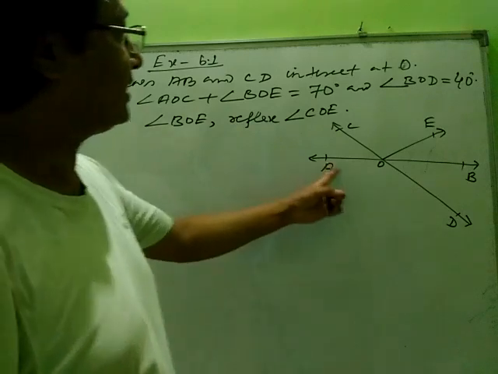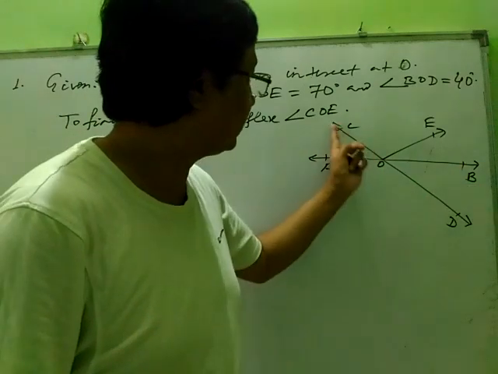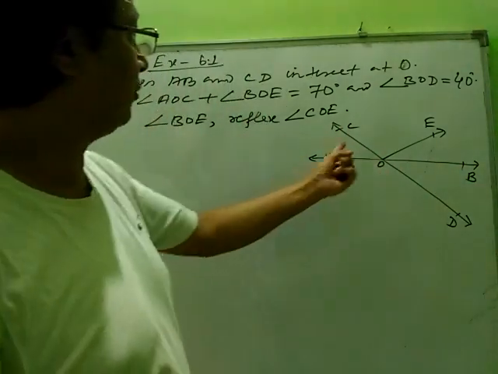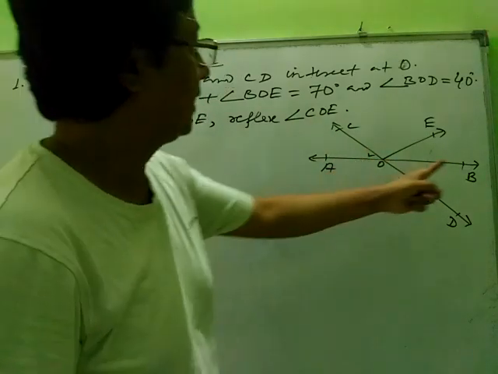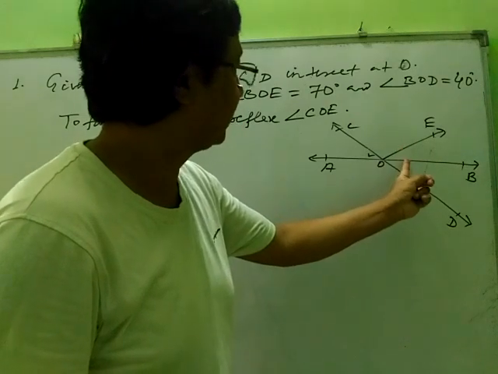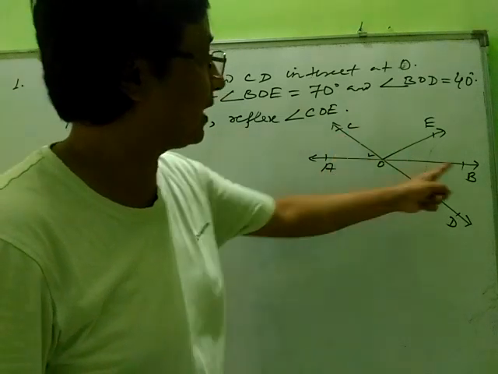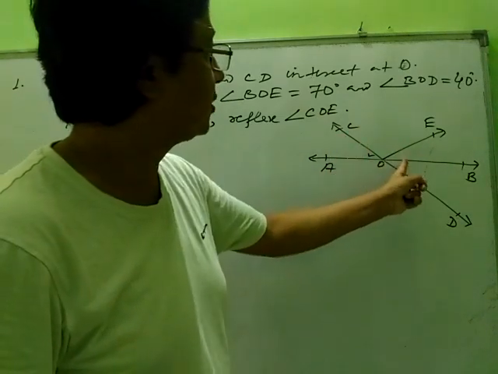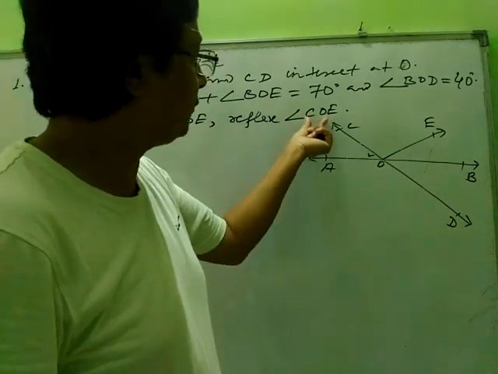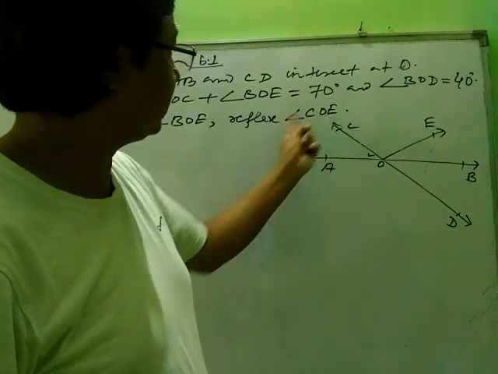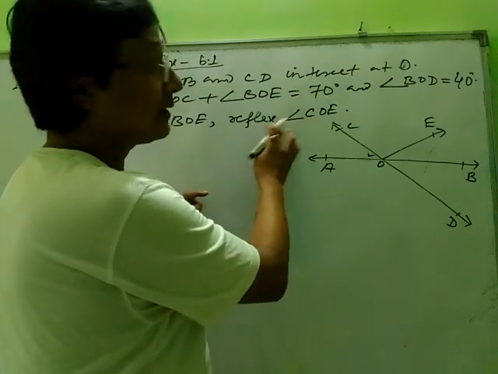So here the lines AB and CD intersect at O. So these two lines AB and CD meet at O such that AOC, this angle is given, plus BOE, this angle is given. Now they have given the total sum of these two angles, AOC plus BOE, they have given 70. So they have not given COE. So you will have to find COE, because if you do not find COE, you will not get reflex angle COE,